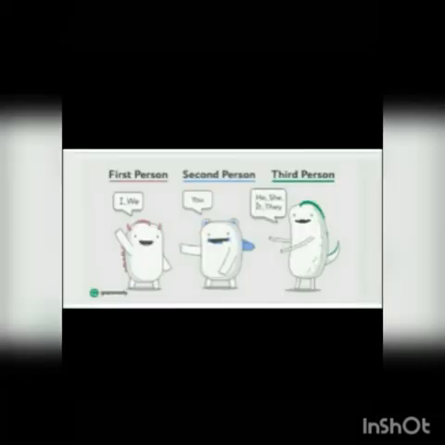So dear students, you also have to know about the persons. There are 3 types of persons. First person is I and we. In second person only you is included, and in third person he, she, it, they and singular or plural names. In simple present tense, we add S or ES with the first form of the verb when the subject is third person singular, like he, she, it or a singular name.